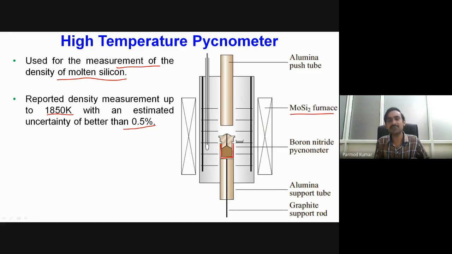So this is an arrangement where, in the atmospheric conditions, we are putting in our solid samples, and then we are heating these samples to their liquefaction temperatures inside our oven, or furnace. And then basically a metered volume, or fixed volume, of the molten liquid is kept inside the pycnometer cell, and then its weight is measured.